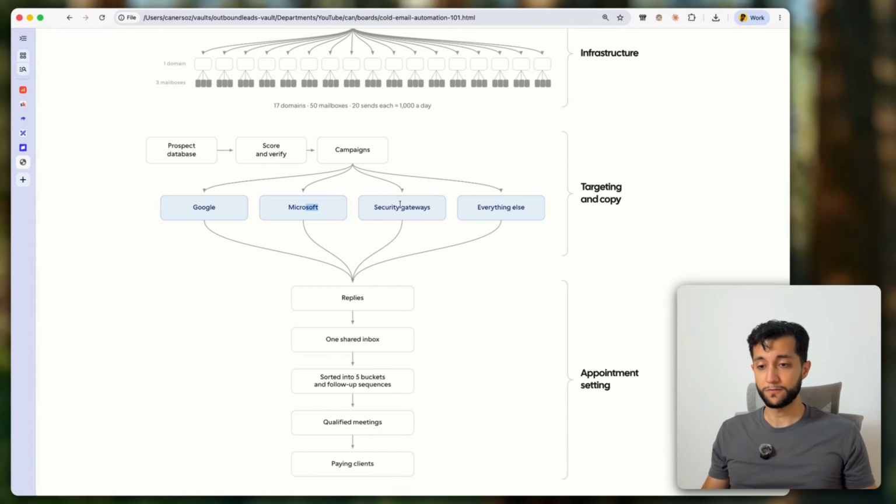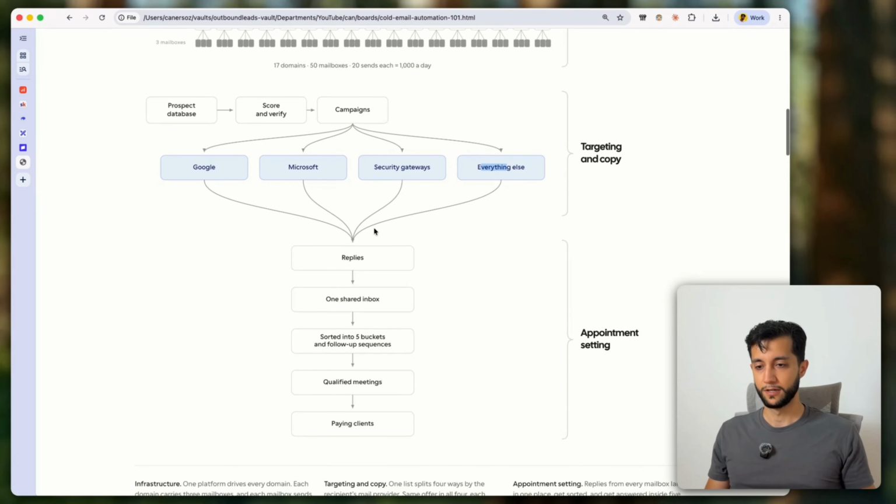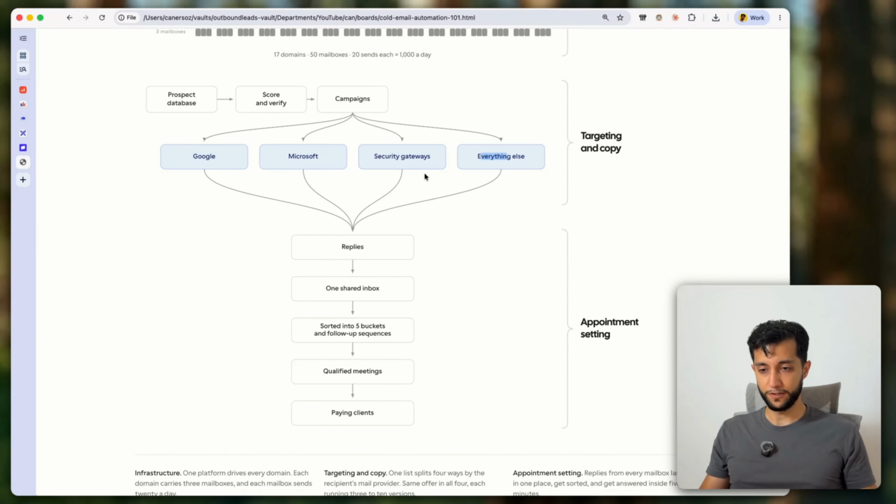Other ones, Microsoft. Then other ones with security gateways such as Proofpoint, Barracuda, Mimecast, right? All of these different spam filters. And then everything else that we couldn't analyze for actual email MX records, which basically means what kind of email service provider they are using, right? So we have Google, Outlook, and spam filters, and then other, basically. And for each of these, we're gonna run the same offer that we're going to run in this campaign